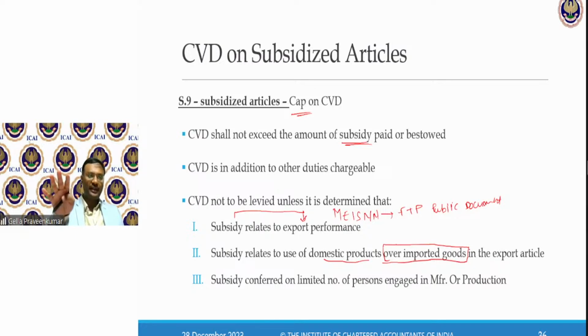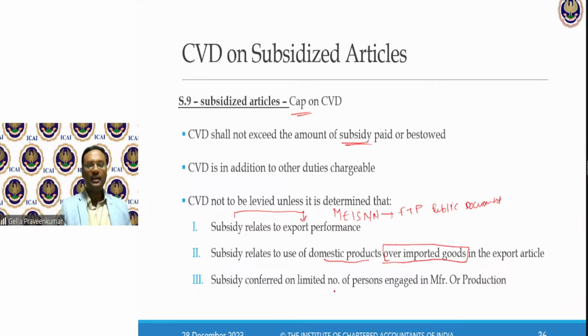Because there is a public notification in the public domain, I read that for those goods domestically used where there is an incentive given, which is a subsidy, I take the balance sheet of this particular entity. So how do I get a balance sheet? Like our ROC, there is a repository in the foreign nation from where we can get these public documents. And there are various routes. How do we get these documents? You would have seen those spy movies where this information is called for. All this is in patriotic movies.